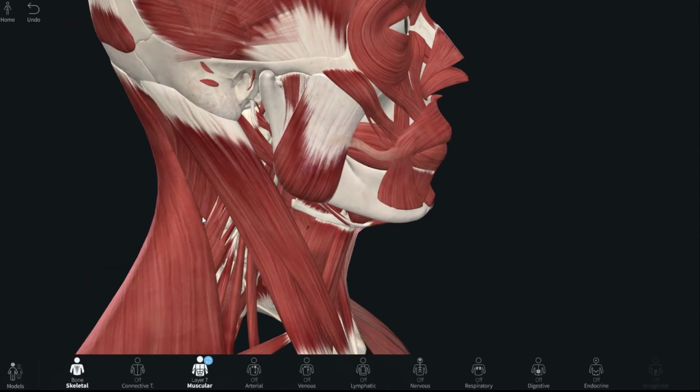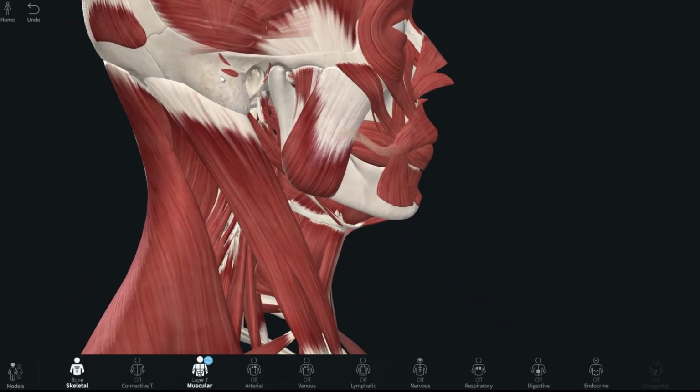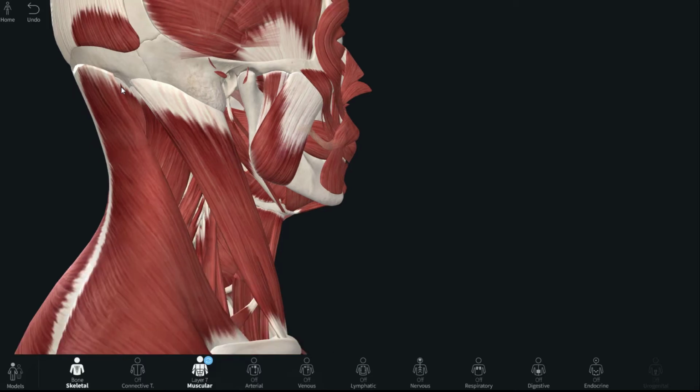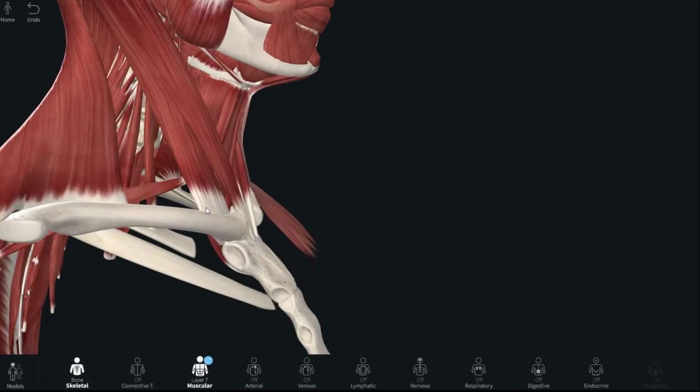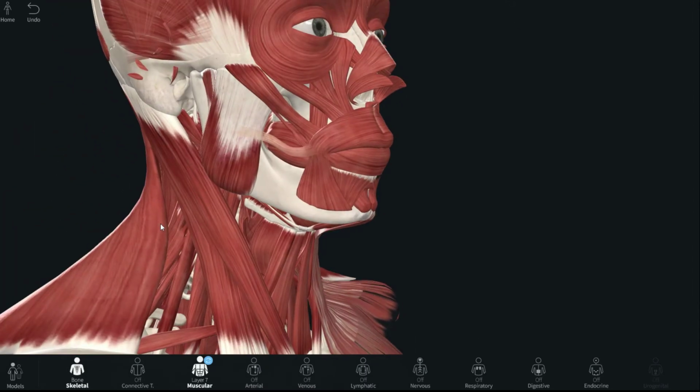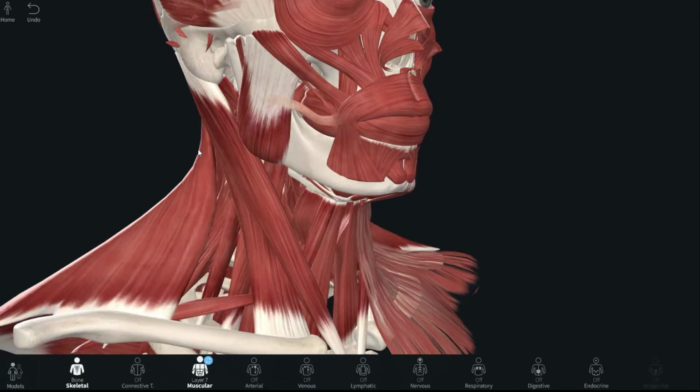So there are two insertions over here. One is along the lateral surface of the mastoid temporal bone, by a thick tendon, and the other is an aponeurotic insertion to the lateral part of the superior nuchal line of the occipital bone. Done? Done. Having talked of the origin and the insertion, now let's talk about the other aspects of sternocleidomastoid, namely the